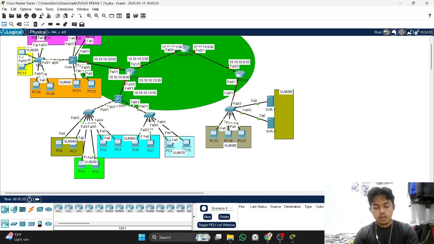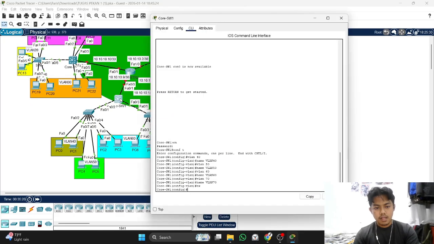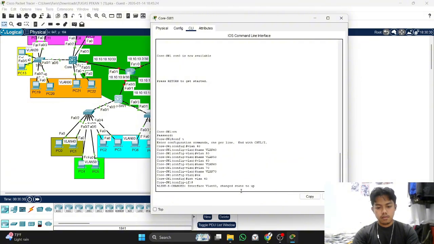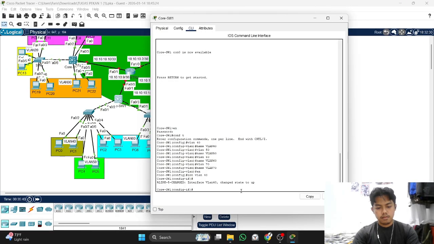And now we will configure the SVI on the core switch 1. First, interface VLAN 14, IP address 192.168.14.1, 255.255.255.0.